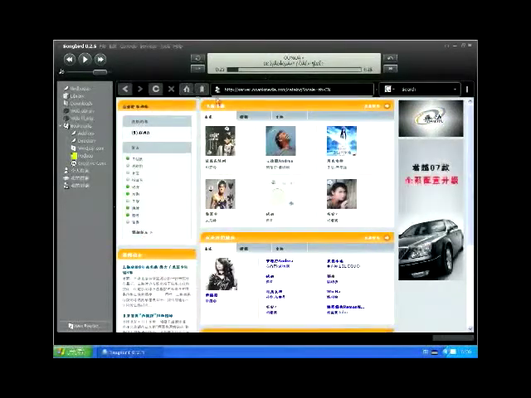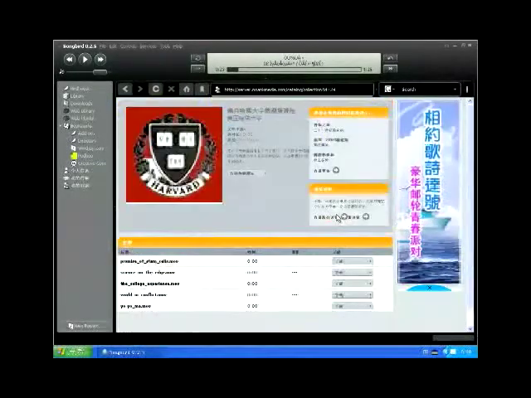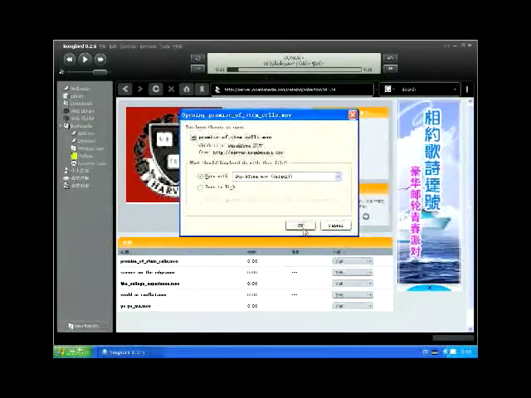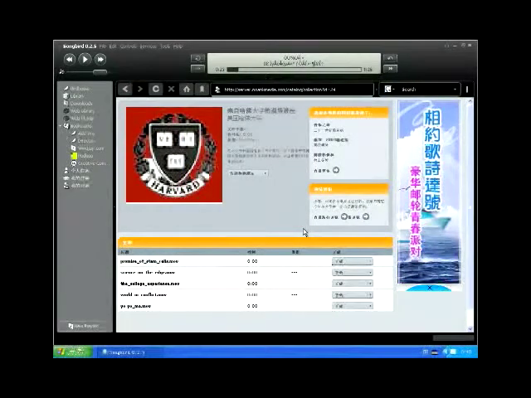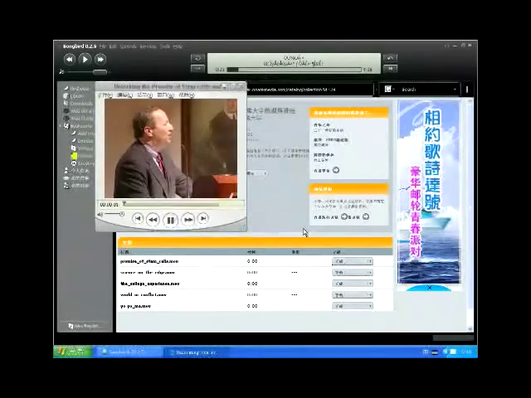Now maybe Lily's had enough of entertainment for a while and wants some education. She goes into the video section and finds a new Harvard video on a subject that she's very interested in, which is stem cell research. So she goes ahead and downloads that video. Now note that video, because the file sizes are much larger than audio, is a slower download speed, so it'll take a moment longer. But as you can see, it's still a very fast download.